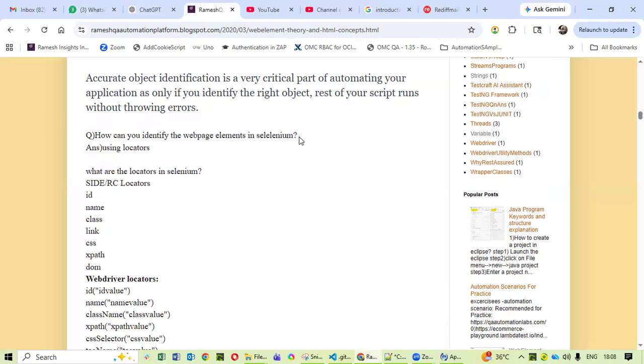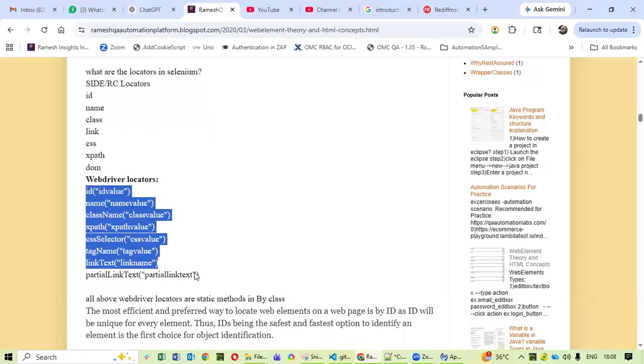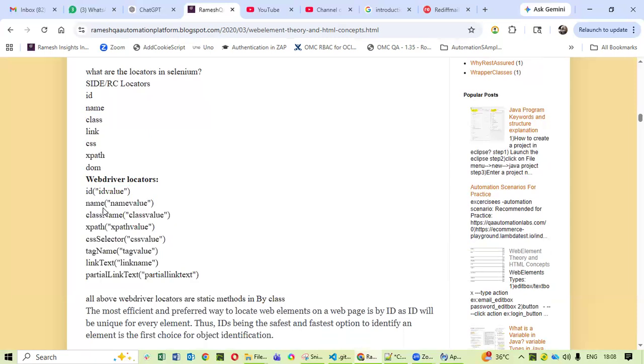So what are the locators in Selenium? We have ID, name, class name. All WebDriver locators are static methods. These are the WebDriver locators. They will ask what are the WebDriver locators. So, ID of the ID value. So this ID value, where will you get